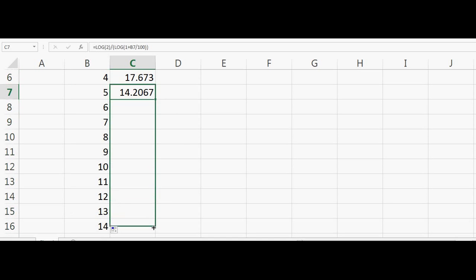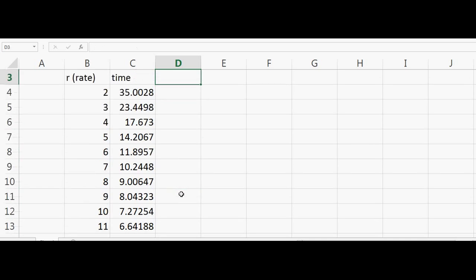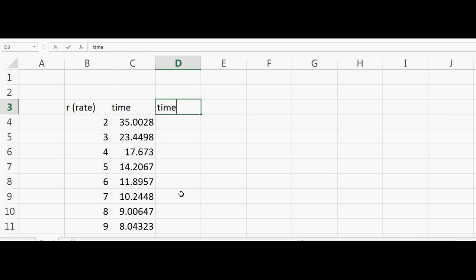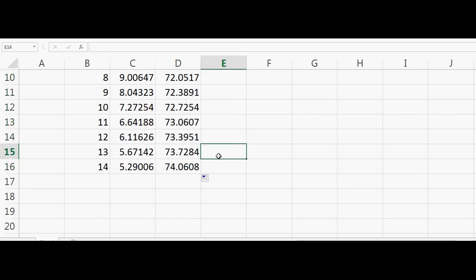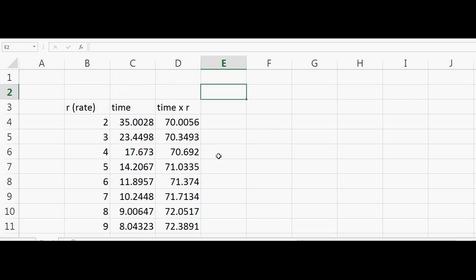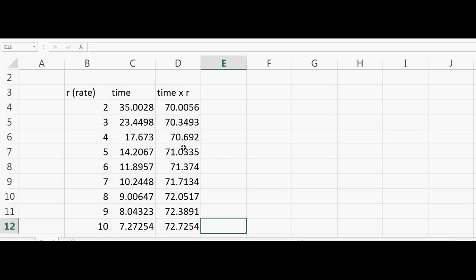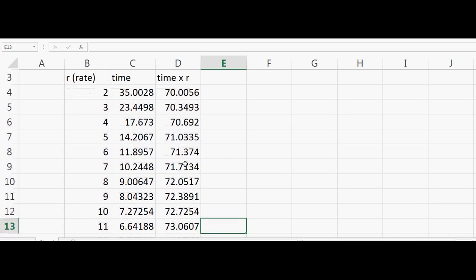So now if you look here, if you multiply time with r, that will be equal to 2 into 35, so that is 70.0056. This is very close to 72. If you keep doing this, you will see that all the numbers are close to 72. So 70.3, 70.6, 71. So if we approximate the number to be 72, then all we need to do is,